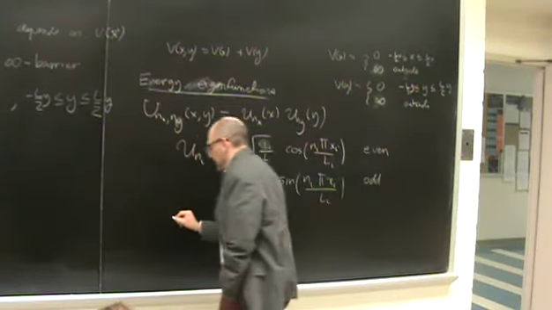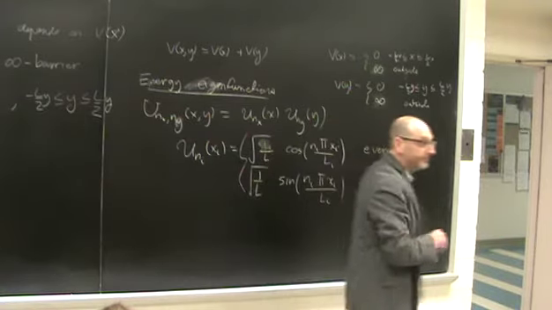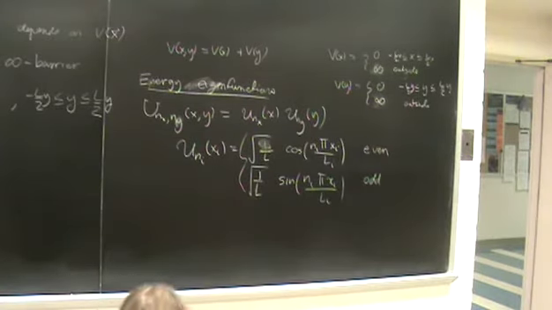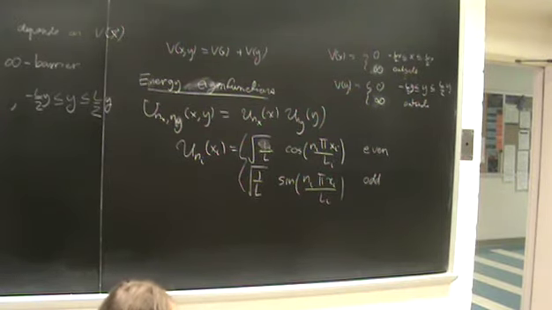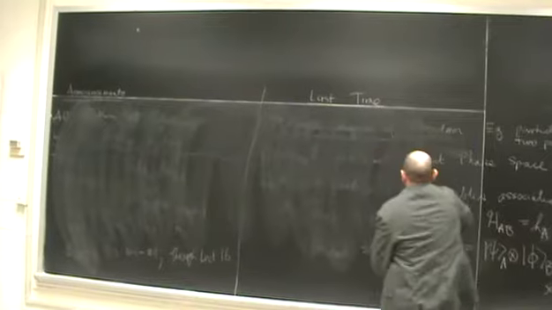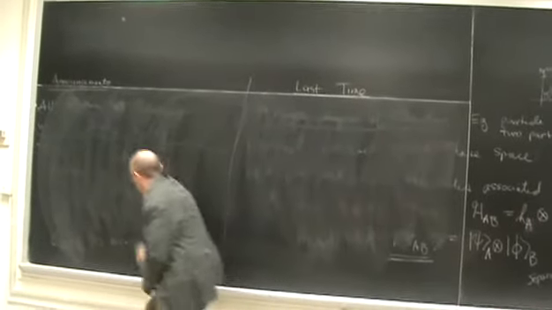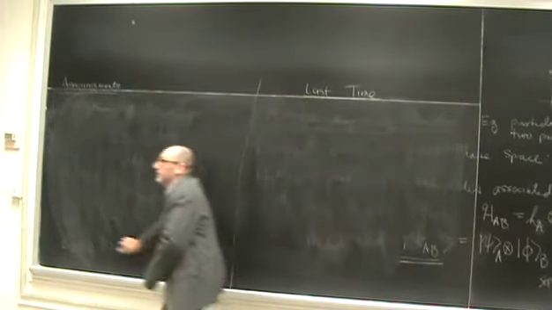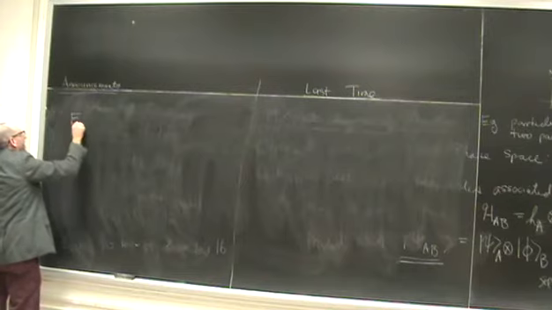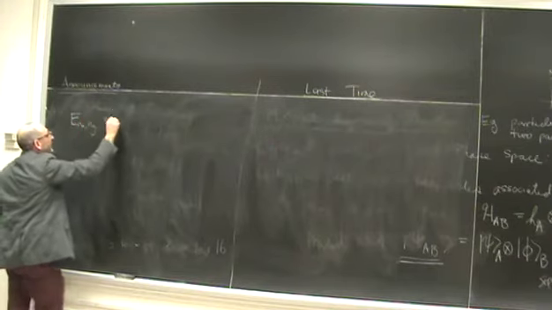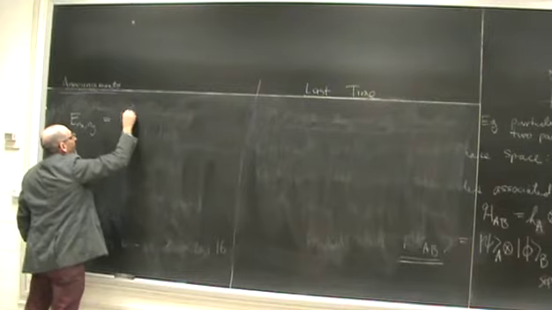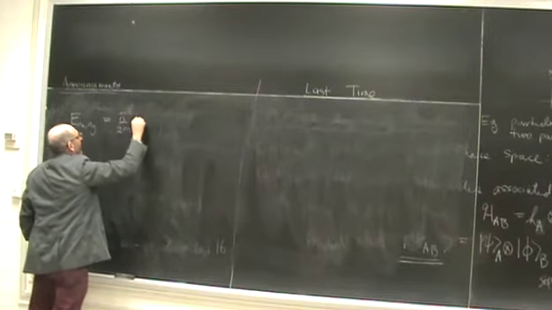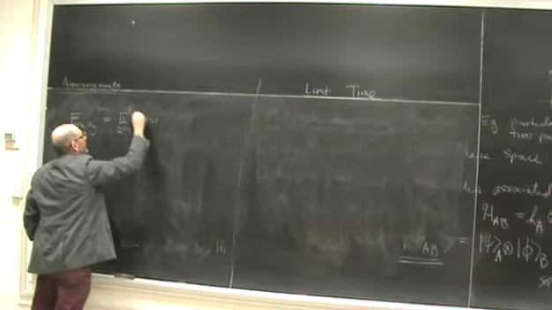And the energy, let's go to the other board. The energy is just the sum of the energies associated with each of those. So the energy E_{nx,ny} is hbar squared over 2m, k_x of n_x squared